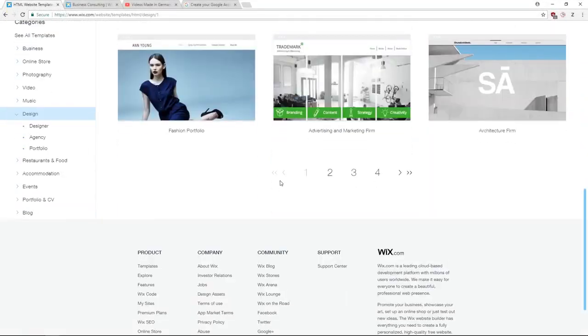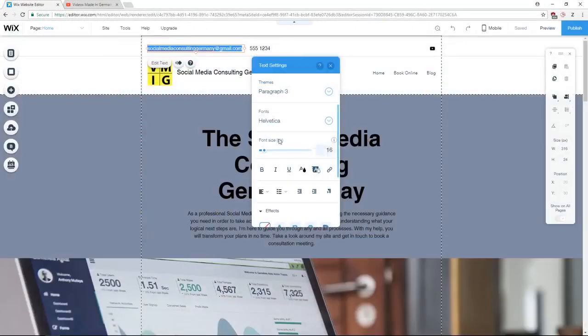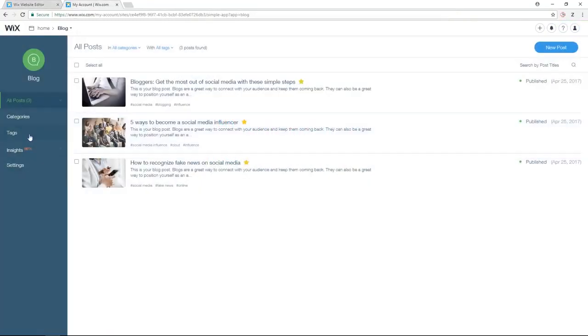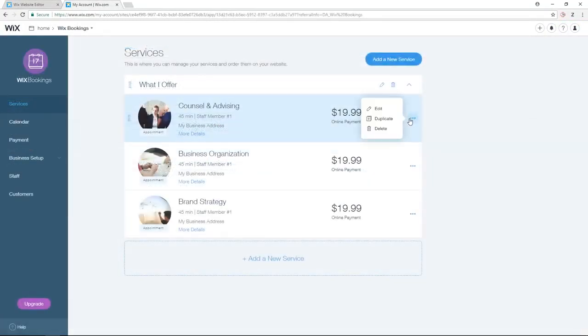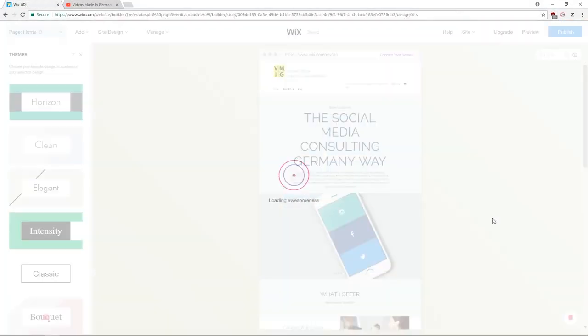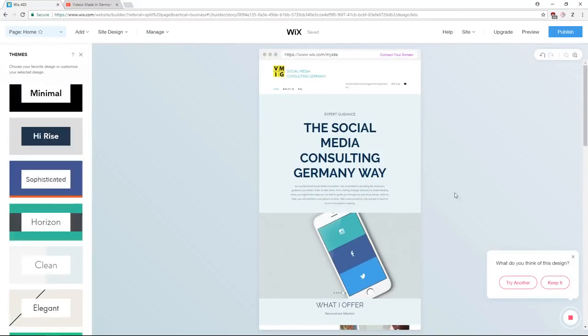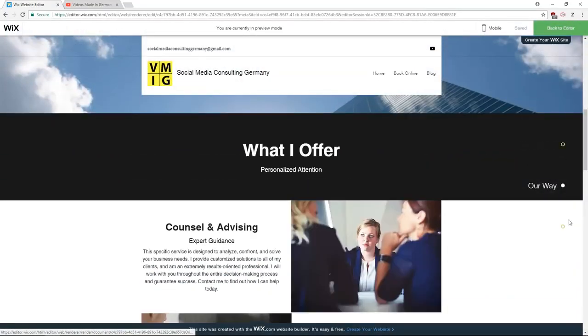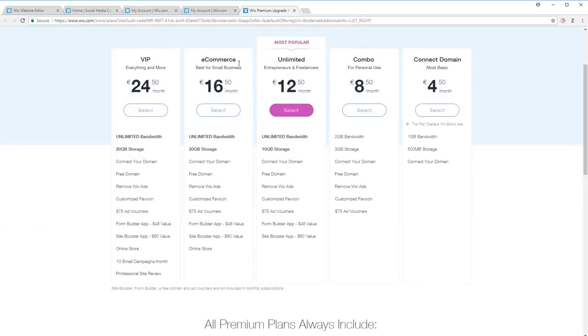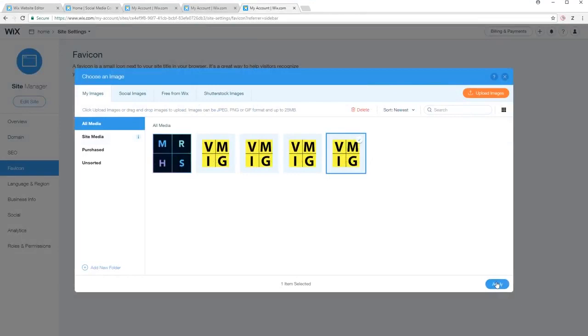You'll see how to choose a template, change images, edit your text, add media, adding pop-ups, and using some of the more advanced features of Wix, such as a blog and bookings manager in this tutorial. We will cover how to add and edit content, as well as changing and editing the design of your website. Then we will go over navigation and your Wix backend and what additional services Wix offers you. Finally, we will be going over the steps to upgrade to the paid version and using some of the paid